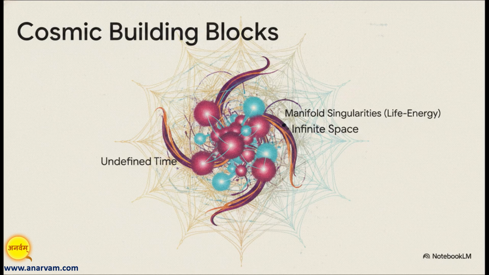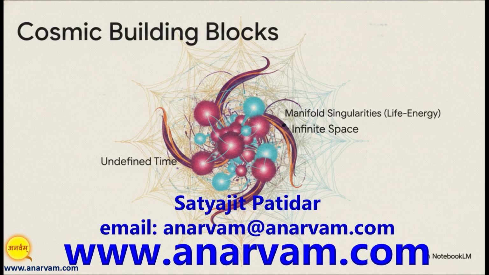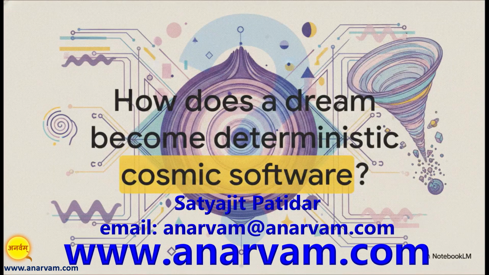building blocks of reality. First, manifold singularities, meaning there is exactly one dreamlike, self-regulated life energy singularity per black hole in the multiverse. Second, we have infinite space. And third, undefined time. Together, these 3 entities create, nourish, and destroy absolutely all things just to experience existence. So we've done it. We've successfully peeled back the cosmic onion. We found the exact blueprint of the singularity within our own non-material design, mapping the software of life straight down